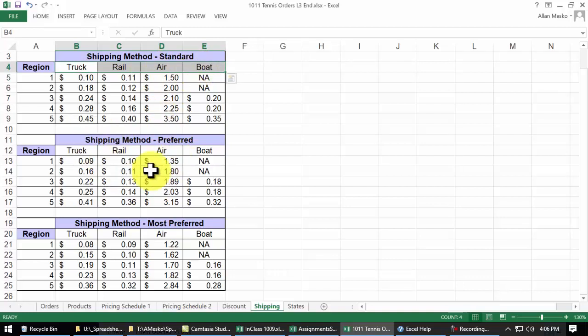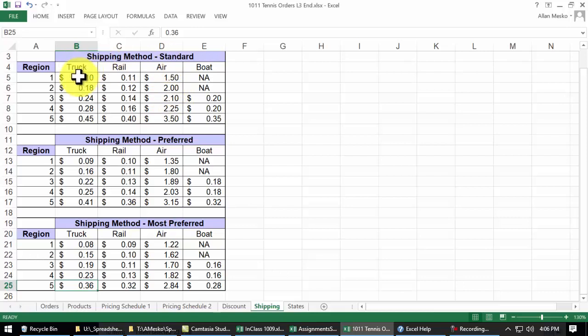But there are 3 different tables. Notice this is 45 cents for region 5 in the truck. But this is a little bit less because this is a preferred customer. And this is even less because it's the most preferred customer. So we're going to be using the index function. We're going to be using the match function to match the truck, rail, air, or boat, and tell us what position it is. And then we're going to be using the other piece of the index function and say, oh, by the way, which